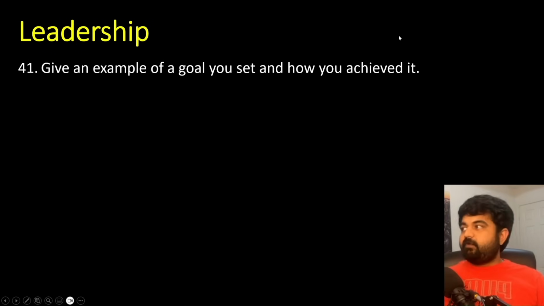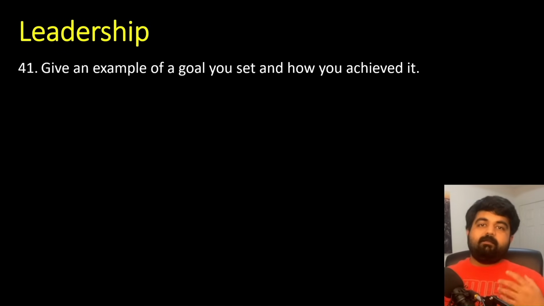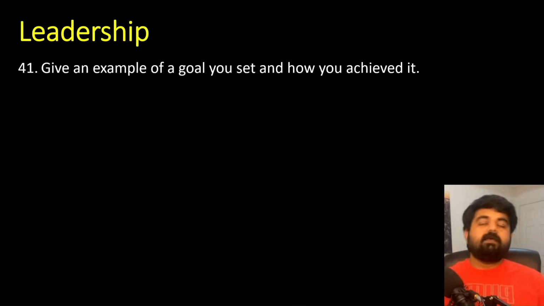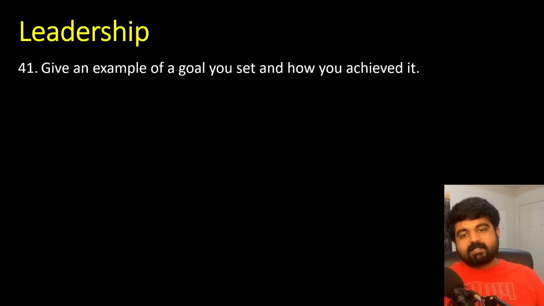So the goal can be for your personal self or maybe for your team or for your company, for your project. Maybe it can be a short-term goal, long-term goal. How did you keep track of it? How did you ensure that you are moving in the correct direction? If you faced any setbacks, how did you get out of that? So these are all the things you can talk about. If I have to talk about it, I can talk about my YouTube channel, because initially that was not my goal, but after making somewhere around 50-60 videos, it became my goal that I want to start talking about all the data structure and algorithm related questions. Then I started talking about system design concepts.